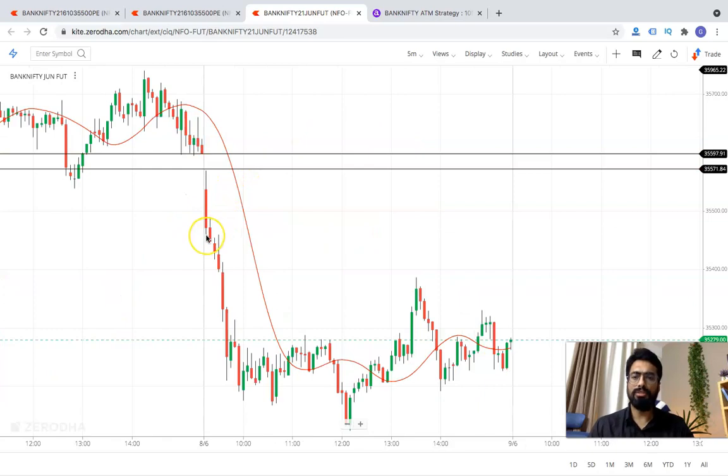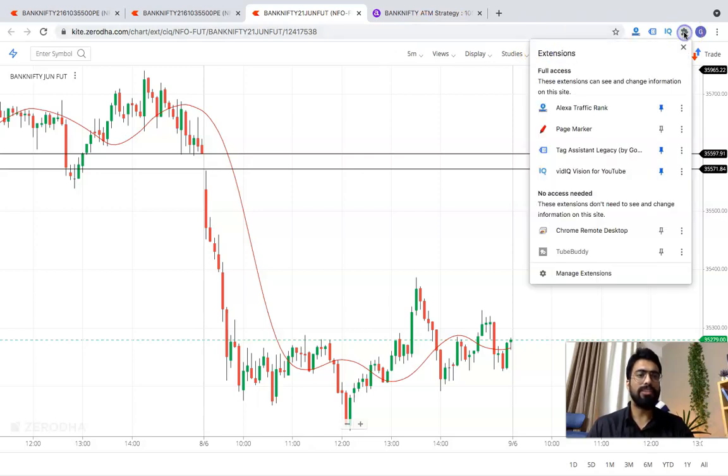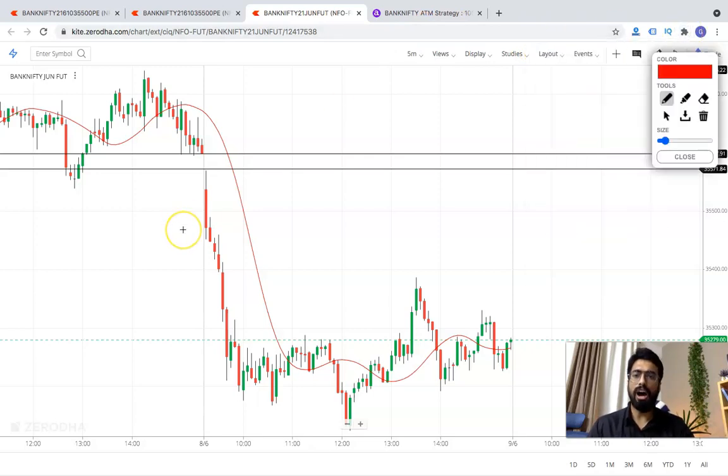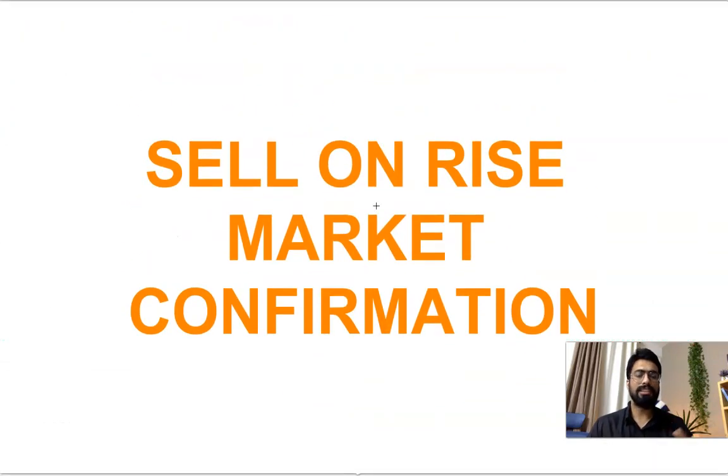If we observe the 5 minutes time frame here, it's already in weakness formation. The second scenario we need to observe is whether the market is developing weakness or is just about to take a U-turn. This is the first step which we need to conclude for the weakness formation. So how to take the exact entry price, and in which region? Once we complete the 5 minute short pattern, this is the area zone where the weakness continuation is forming in Bank Nifty. It is a 100% sign of sell on rise market confirmation.